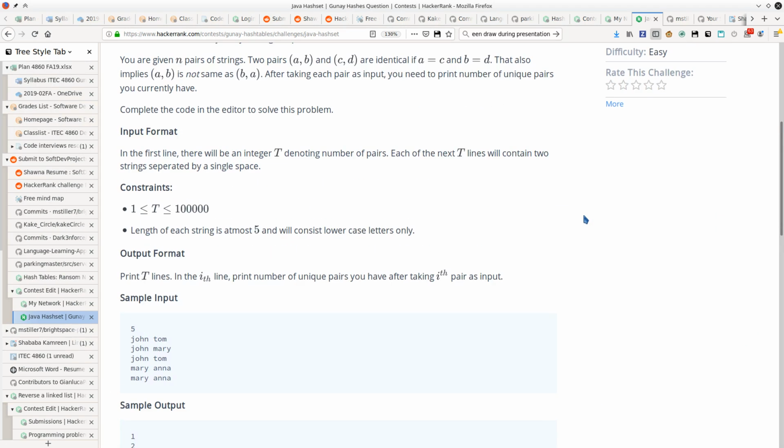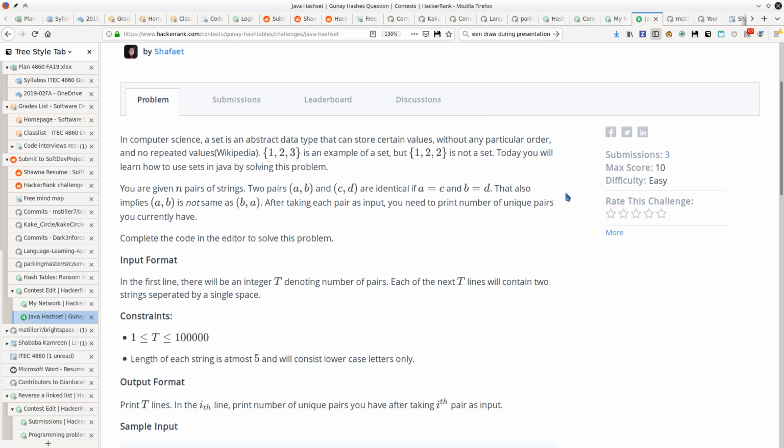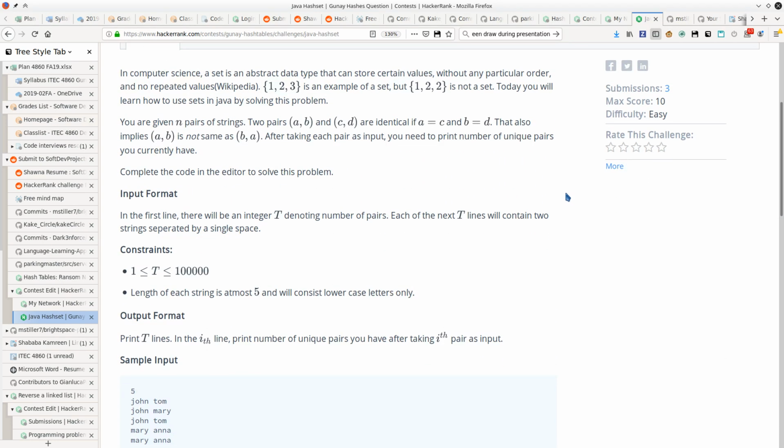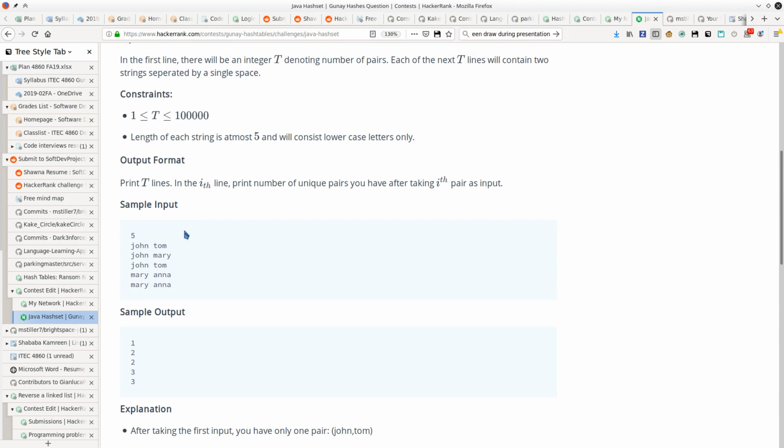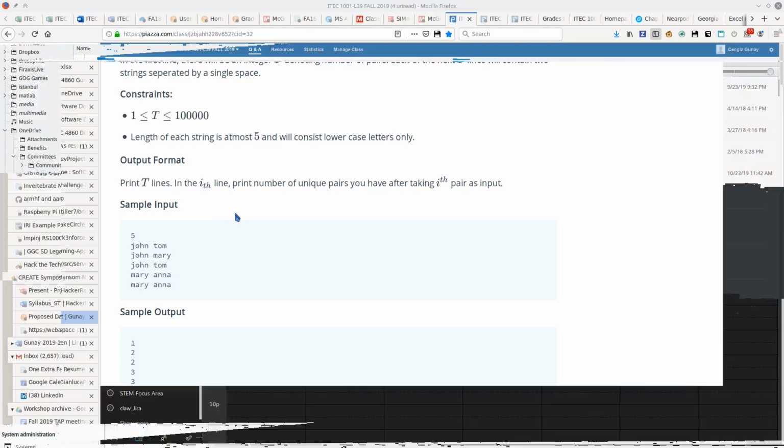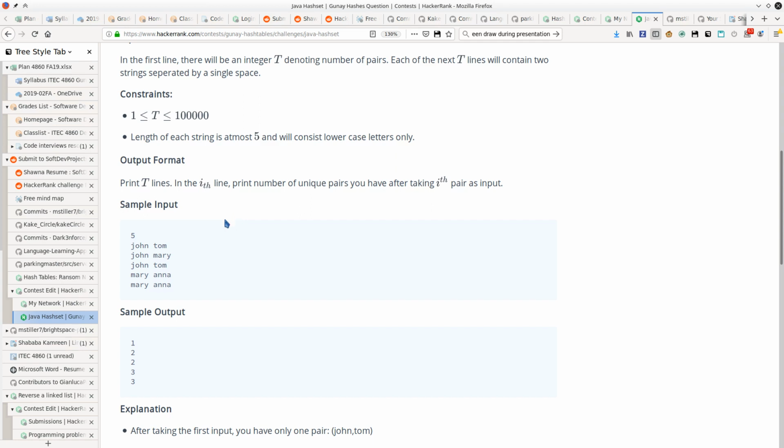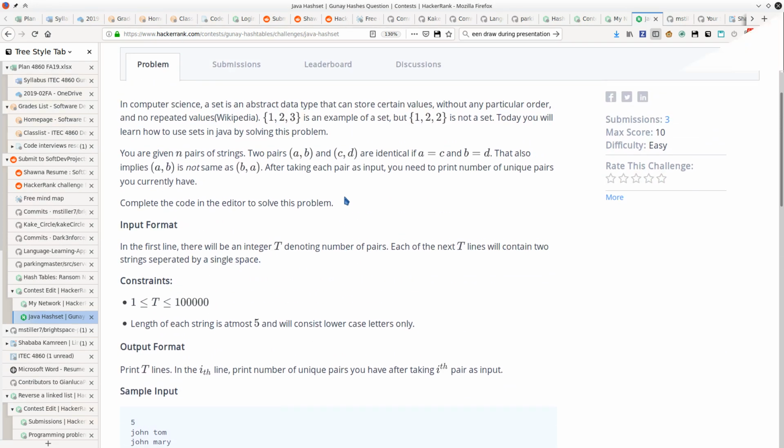Now, I still want you to solve this problem yourself, so I'm not going to tell you exactly how to do it. But basically you're trying to find the unique elements, so you can put them in a hash set. The difference between a hash set and a hash table is that in the hash set you don't have a value, you only have the elements. This is the perfect question for a hash set, because you just want to put this element in a hash set and then check if it's there or not. If it's not there, then it's a unique input. If it's already there, then it's not unique, we don't have to count it anymore. Okay, so that's basically how we need to solve this.